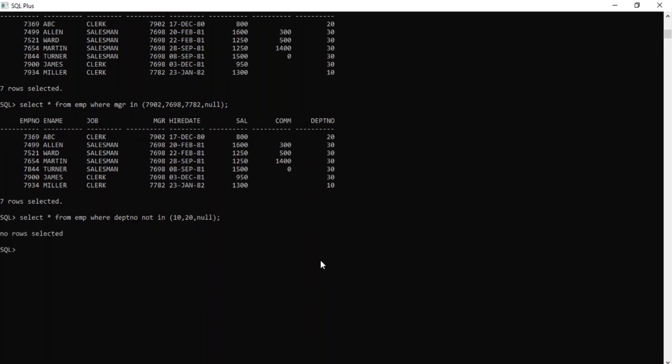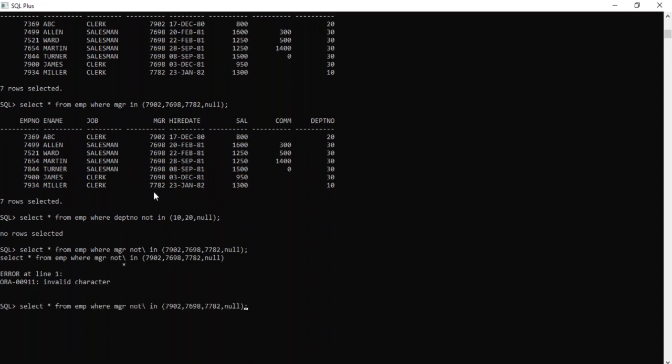Not in means remove these values, and apart from these three, the remaining rows are displayed, right? But if you use a null value here, see, no rows selected. So not in will not work if the where condition has a null value.